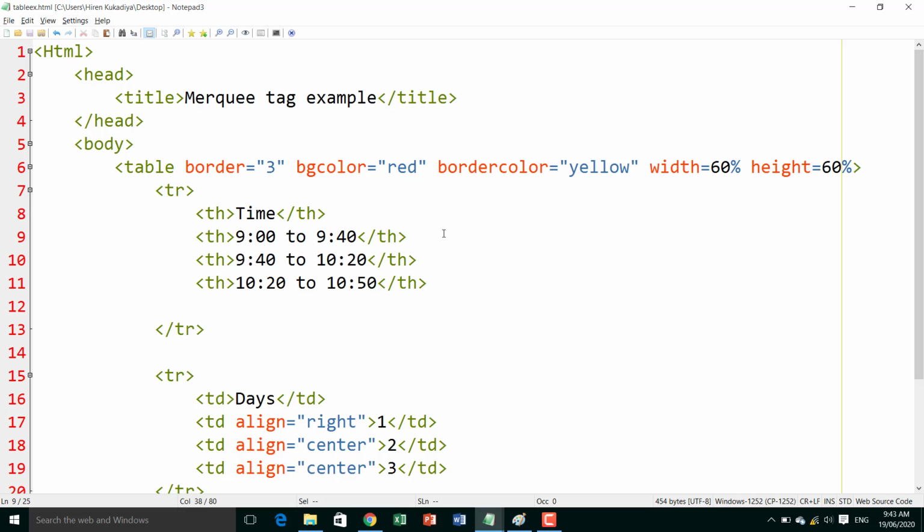Okay, inside the table tag you can create table row and table data tags, and for the table heading you can give the heading tag. And one more table tag is the table footer for the bottom side of a table. Okay, so these are the topics of our table tag.